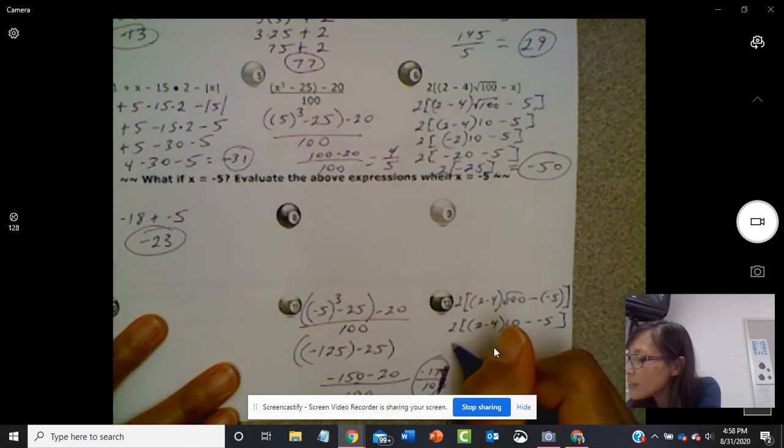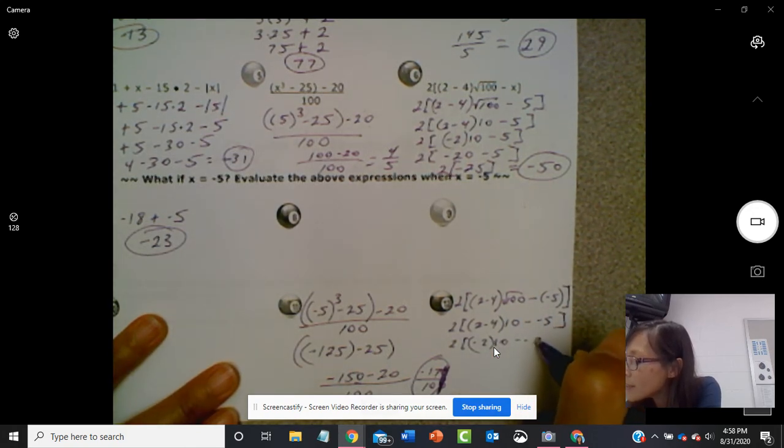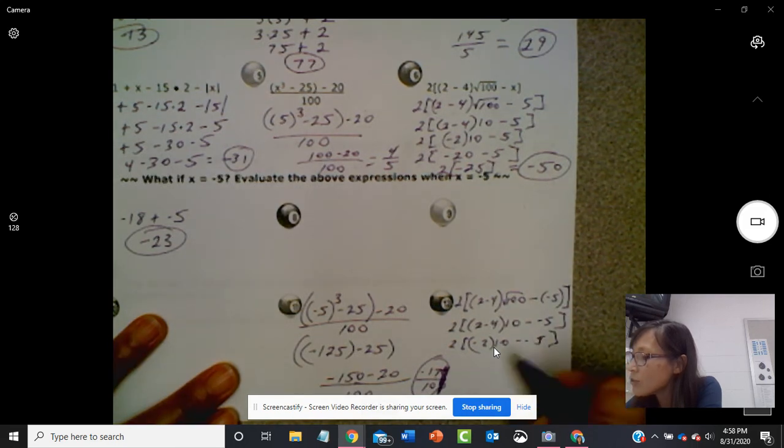2 minus 4 is negative 2. So it's negative 2 times 10 minus negative 5. Negative 2 times 10 is negative 20. So that is negative 20 minus negative 5. That minus negative becomes a plus. So negative 20 plus